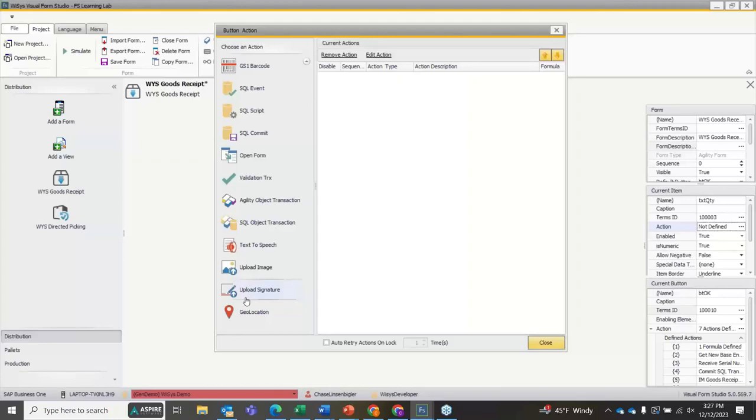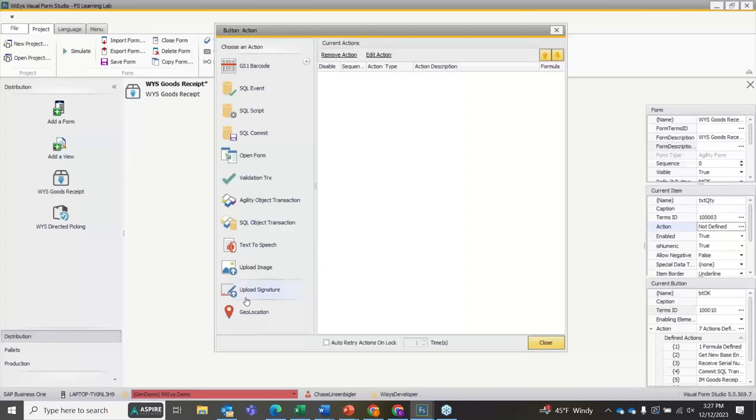You're requiring a signature to say, hey, I actually found this item. This is real. I'm signing. I'm putting my name on the line. I vouch for it. They sign that. Then whenever the goods receipt is created, again, that signature is uploaded as an image file to the goods receipt